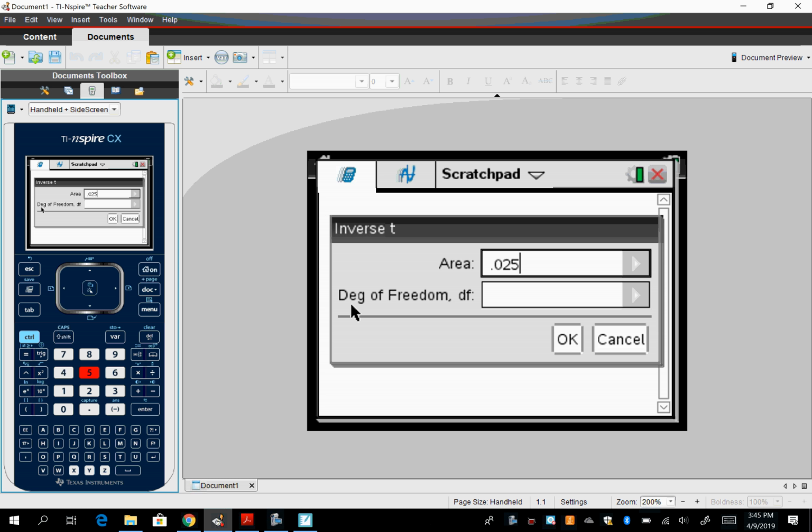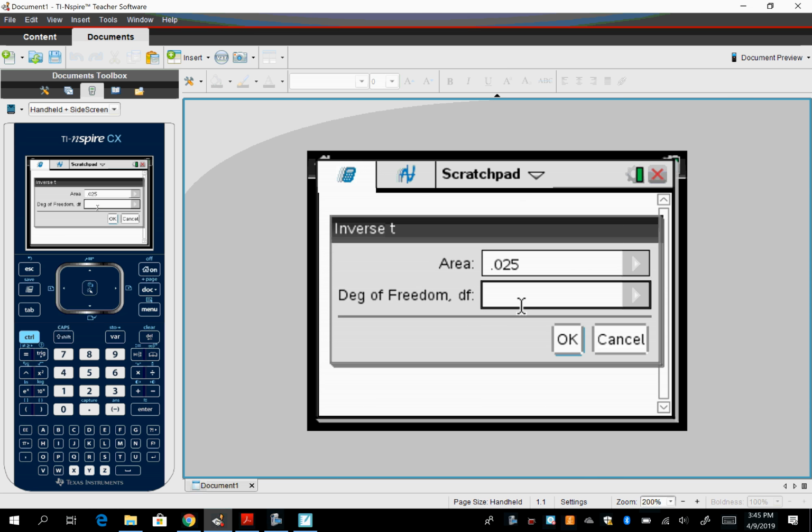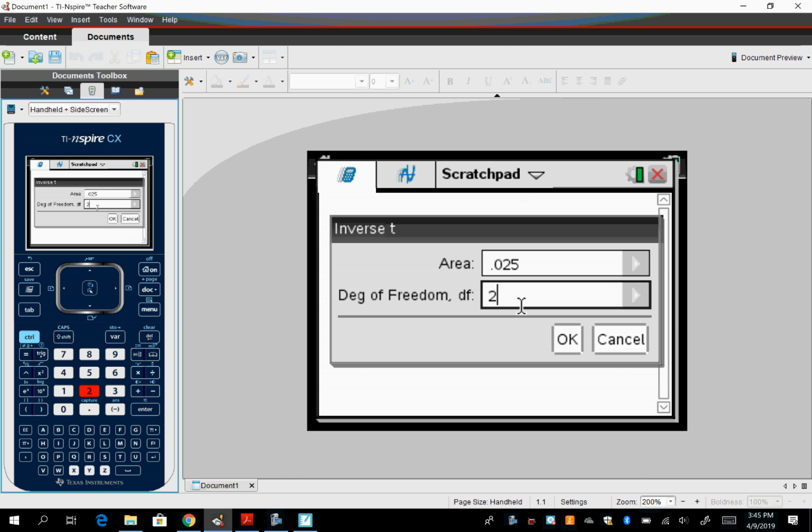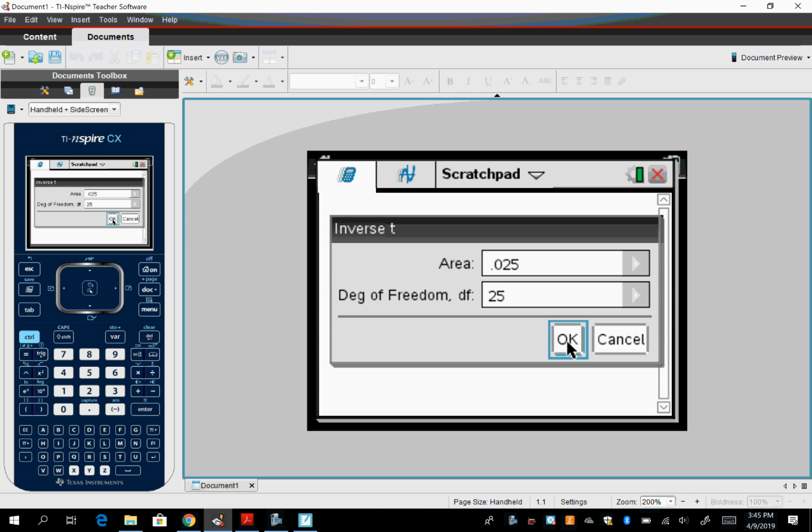It's 0.975. The positive one would be 97.5% to the left, when you drew that curve. So I don't think it's worth doing that. I just do the lower one. I think the degrees of freedom was 25. Yes, confirm? Yes, okay. So here is T star,